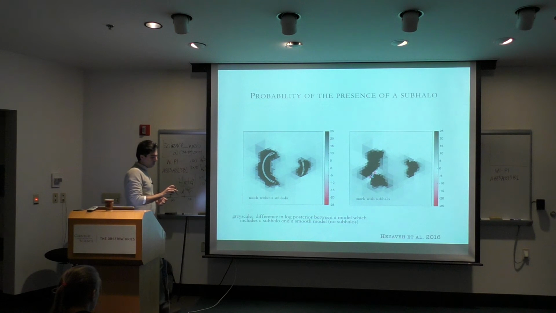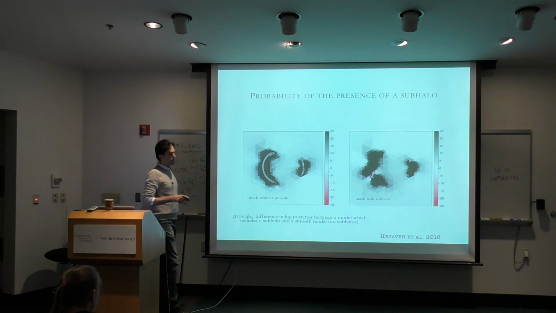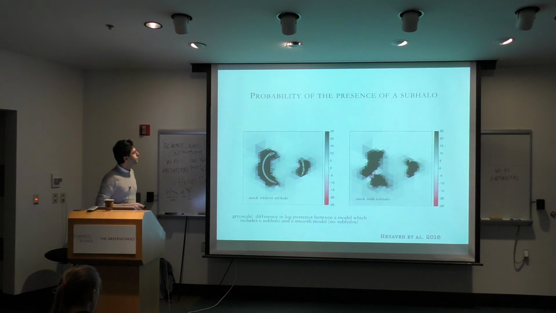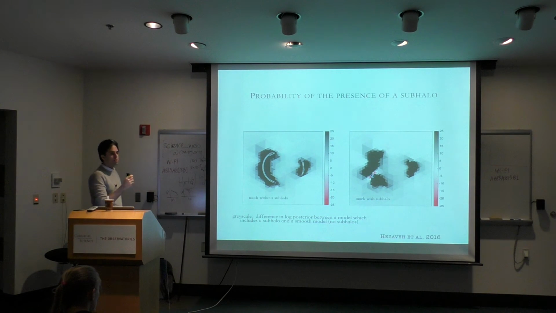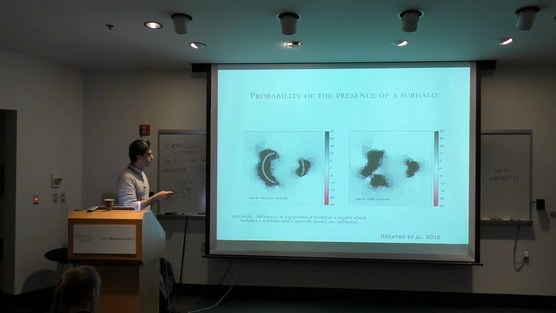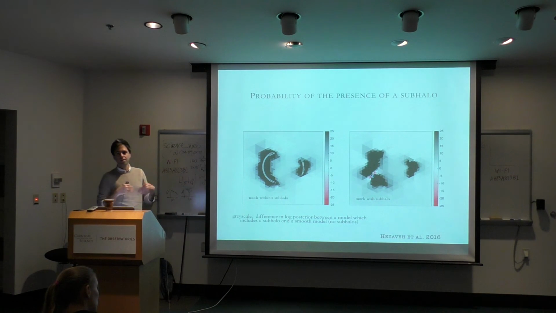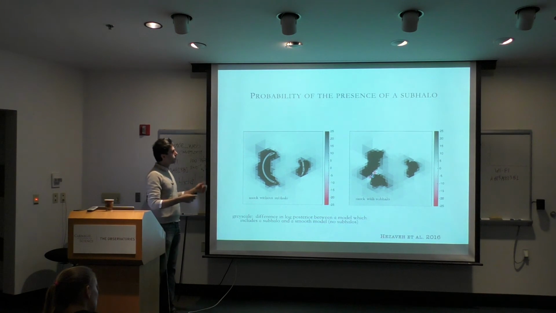These are the effects showing what the linear search looks like for a subhalo model. We're looking at two mocks. On the left side, there's a mock with the lensed arcs, and in the mock, there are no subhalos. There's a galaxy sitting at the center, no subhalos, and lensed images that look like these white arcs. The grayscale shows the difference in marginalized log posterior between a model that has a subhalo at that particular position and a model that doesn't. So we have the smooth model,